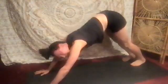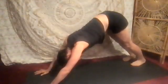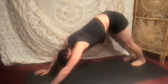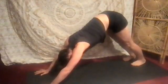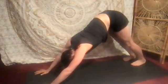Now leave your heels down and hold. This is going to feel like a big calf stretch and hamstrings. If you want more stretch, pull your toes off the floor. 5, the best you can. 4, 3, 2,